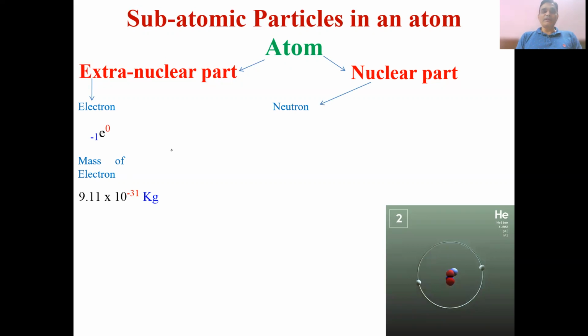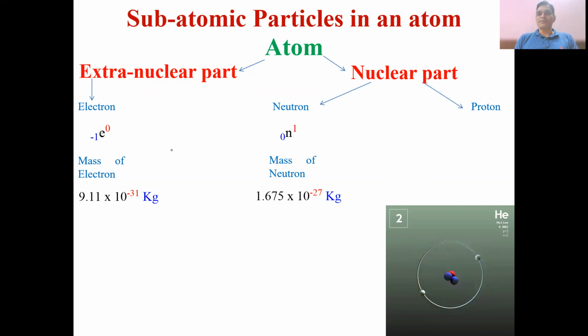while the nuclear part contains the neutron, which is generally represented as a small n, with 1 written as a superscript and 0 written as a subscript. So that is the representation of a neutron. The mass of a neutron is 1.675 multiplied by 10 raised to the power minus 27 kilogram,